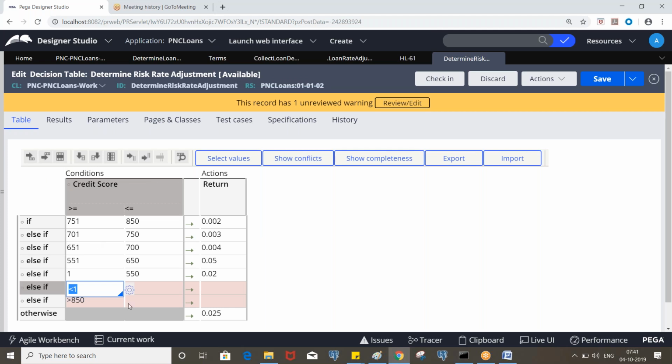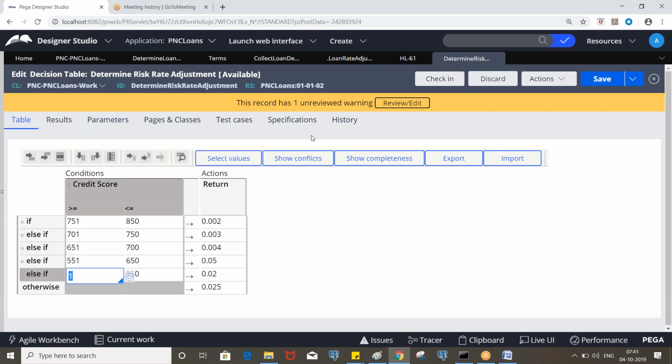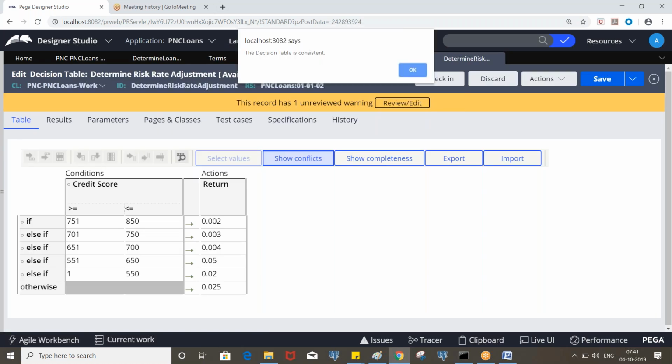Less than or equivalent to 1, it will go to otherwise and return this. Now click on show conflicts. So the decision table is consistent.